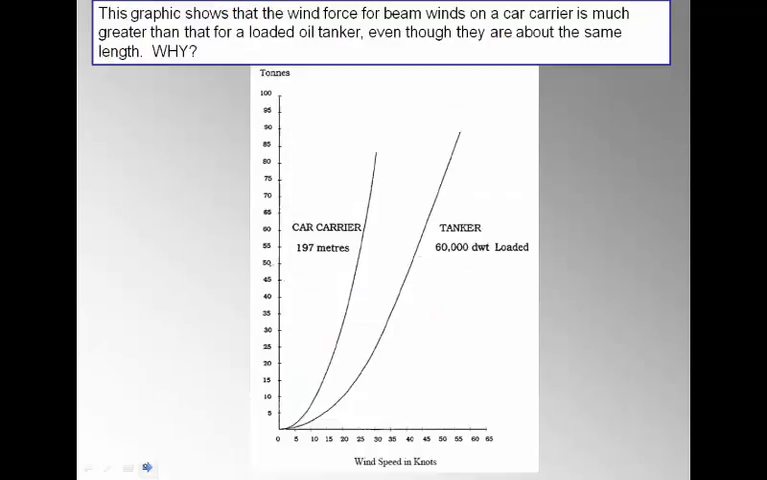So I can see here these two different forces acting on ships based on the wind speed. So I've got a relatively low wind speed, I've got no force. As I continue to increase the speed of the wind, I have more and more force acting on these two different types of vessels. Now if we look, this car carrier here, this is a much more steep climb versus this oil tanker. What's the difference between the two? Well, it has everything to do with freeboard. So not only just freeboard, but my overall air draft, like how much is exposed to